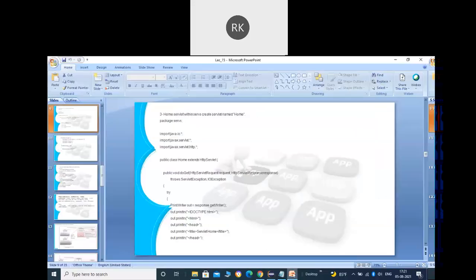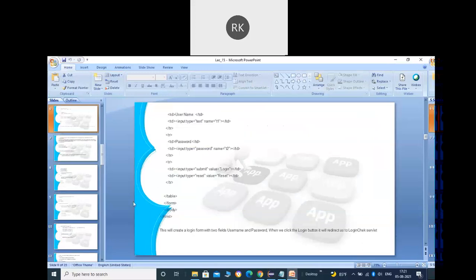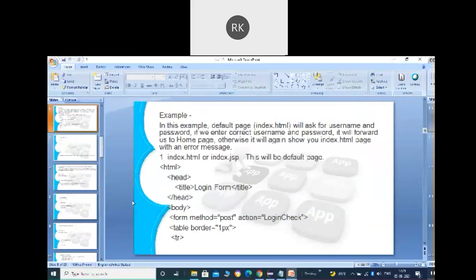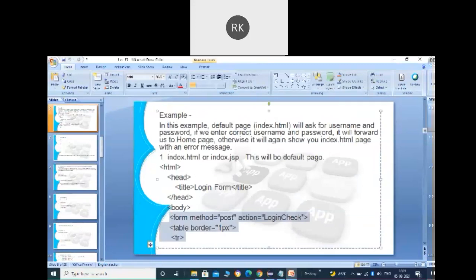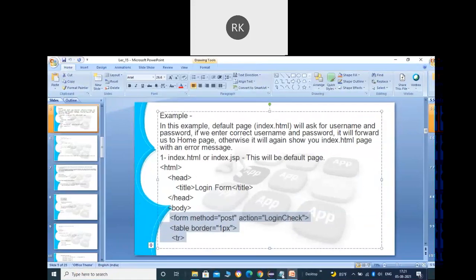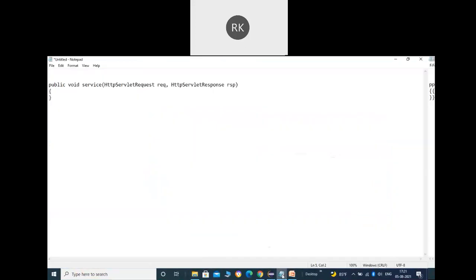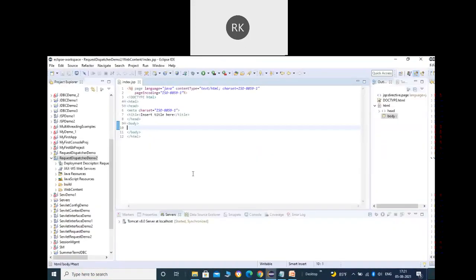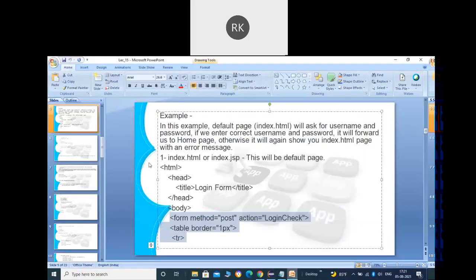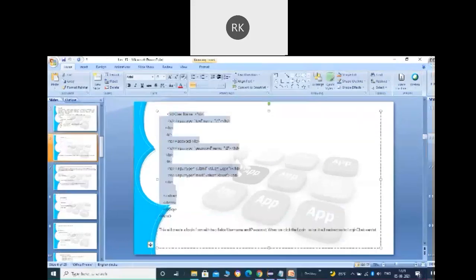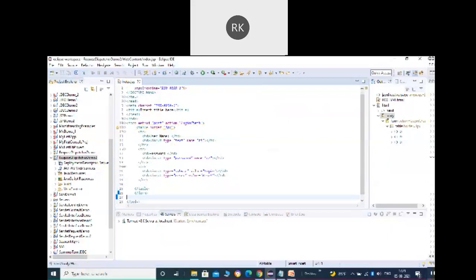For now, it will work exactly the same as your HTML page, and it has the same structure. But in HTML you can't define Java code, while in this page I can also define Java code. That we'll see later. Here we are going to create a login form. Let me copy paste the code.